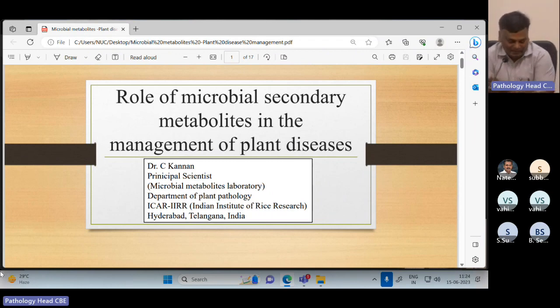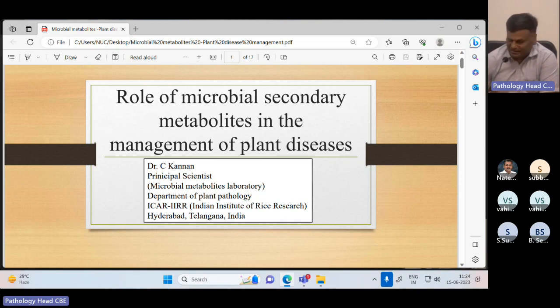Coming to this topic today, this is the area where I am working. I have worked on biological control since my MSc and PhD, and it was fortunate for me to continue in that same field wherever I went, in all three institutes. I worked on cocoa in CPCRI, and then I started working on tomato and mustard in Jabalpur.